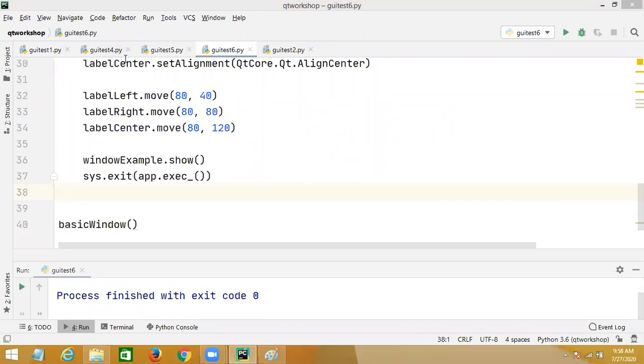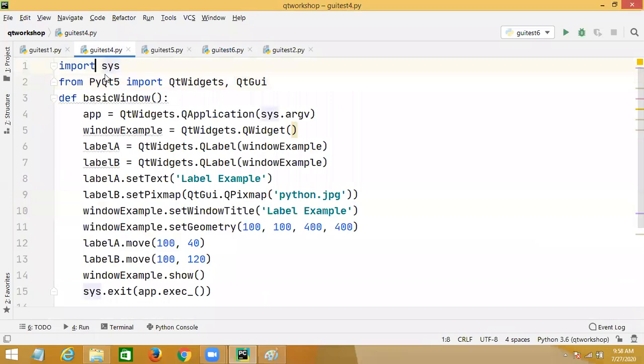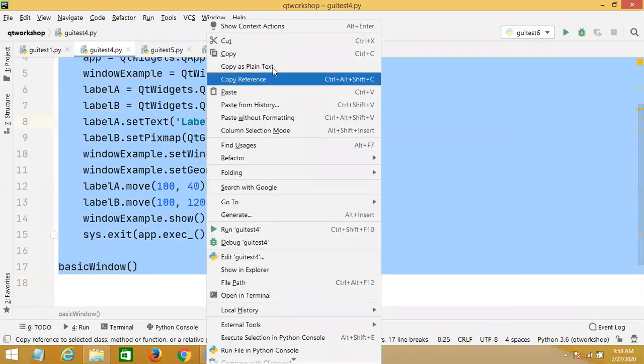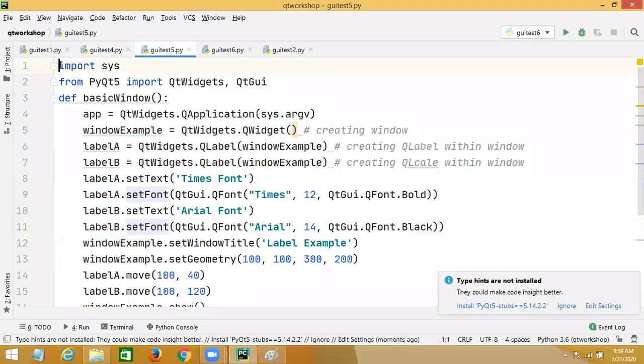So I'll send these programs from 4 onwards. This is the 4th program. This is the 5th program.